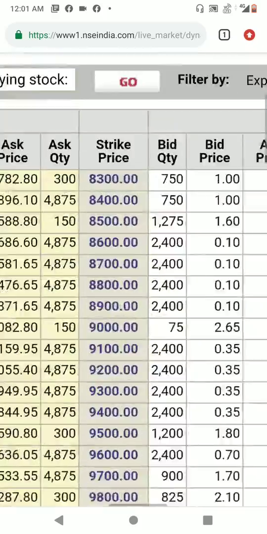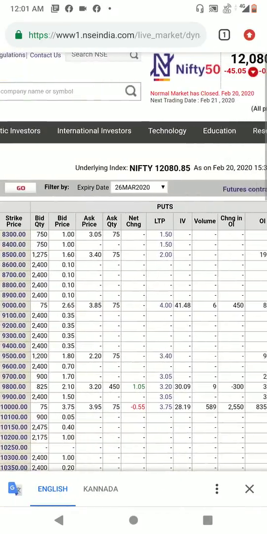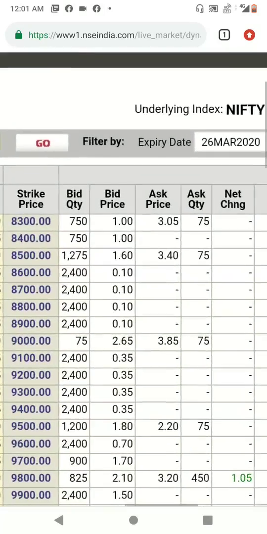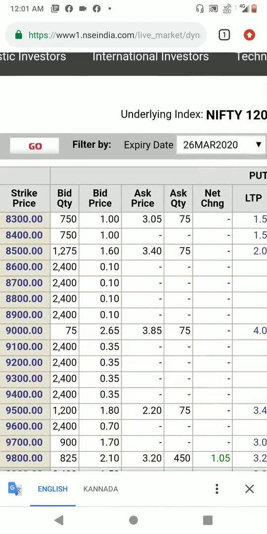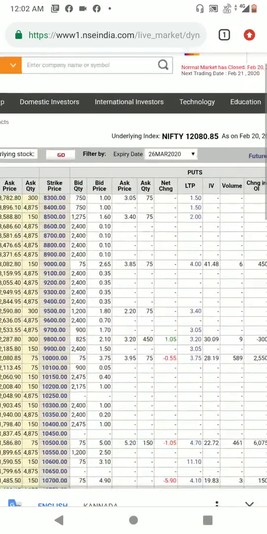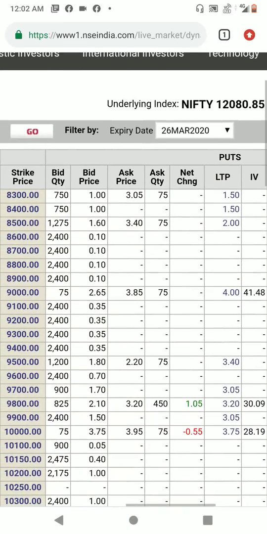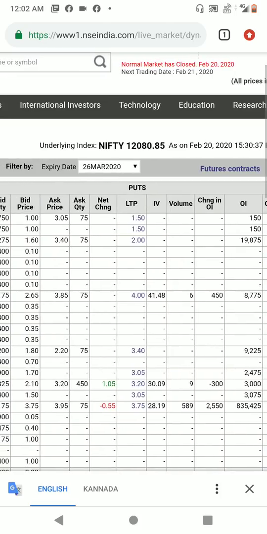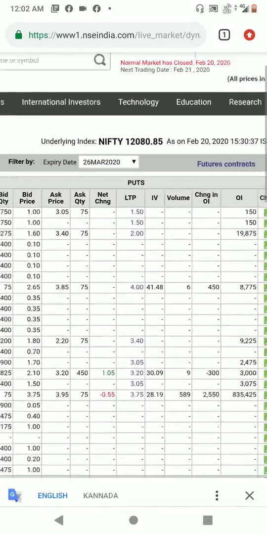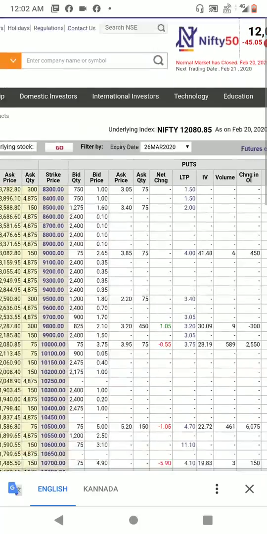This is the strike price, ranging from 8,300 to 12,100, and you can see the live order book, that is the bid quantity, bid price, ask quantity, ask price, and last traded price, which is nothing but the liquidity. It's a very good understanding of the liquidity risk too. Also the implied volatility numbers, you get each and every data on a single screen